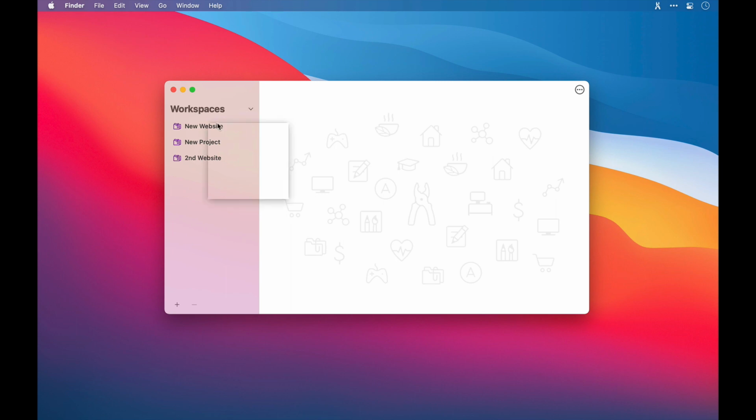I'll click the drop down again, and this time press Command 1 to go into the Workspaces view. Then the final two options that we have for the Workspaces are to save it as a template and to copy the URL. And these are going to be covered in a different video.